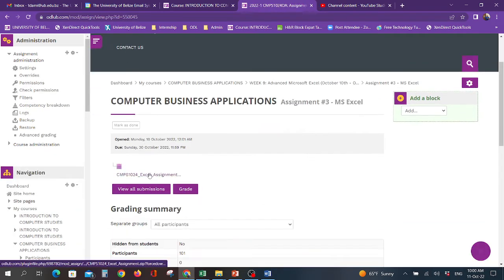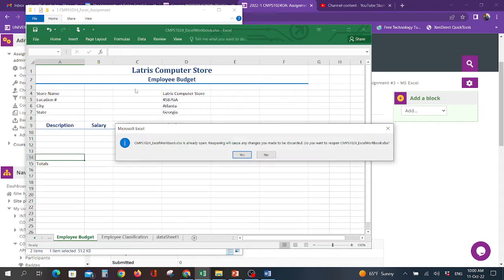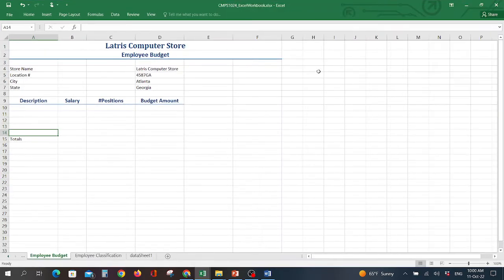So this assignment comes with a zip file, which when you open it will have two files. One will be an Excel file, which will need to be edited, and the other is the instruction file. So I'm going to basically take you through those right now, and then you see what's expected of you